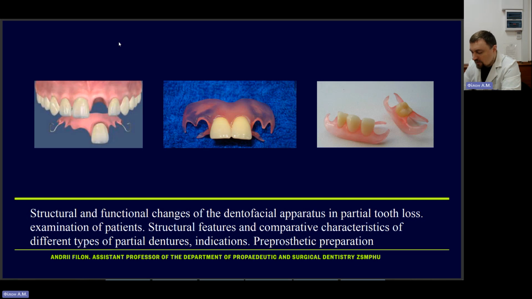Today we're going to talk about situations when our patients lose their teeth, and what's going to happen in time after losing teeth, with the gum, the soft tissue level, the bone tissue level. We're going to talk about how to fix the situation, and the difference between plastic prosthetics and bridges.